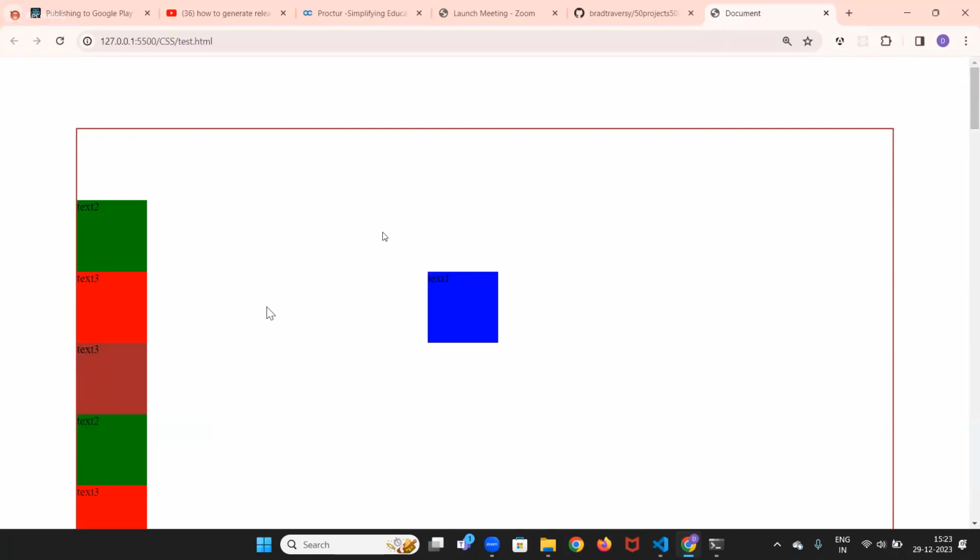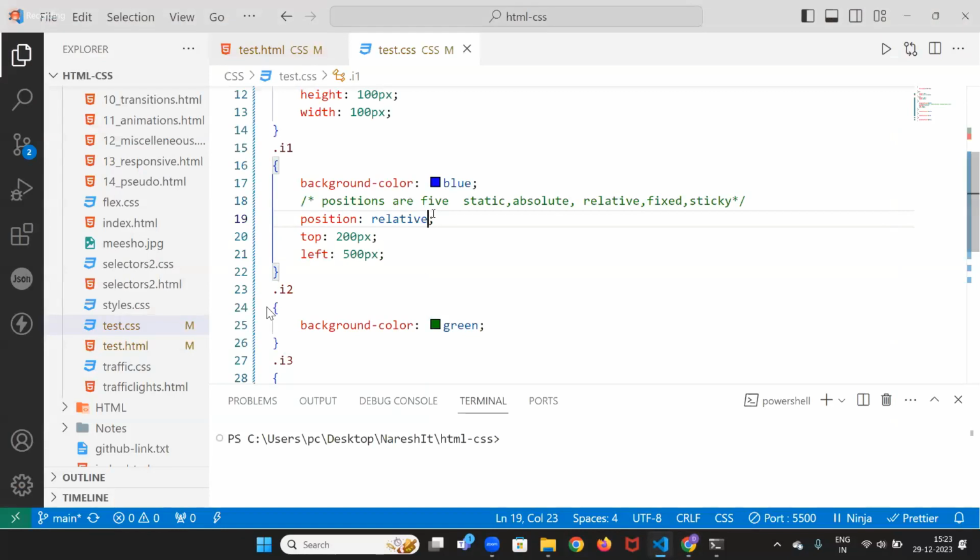If I mix relative and fixed, that is called sticky. What is it called? Sticky. Sticky will work as fixed and relative both. First it will act as relative, and the moment time comes, it will become fixed. I will tell you what it means. See? Now, here if I write sticky,